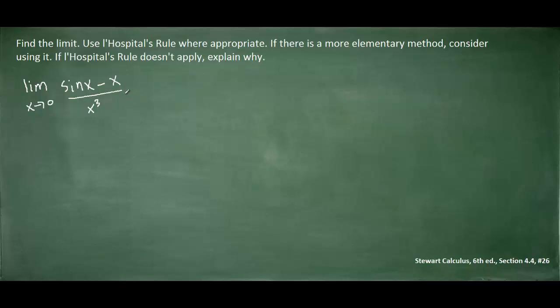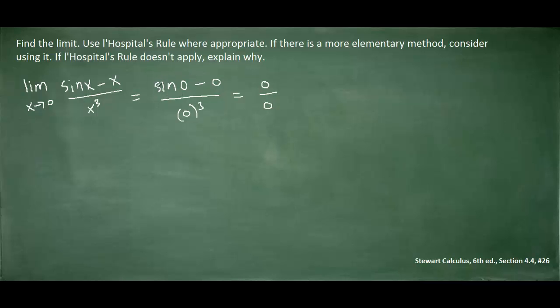In order to evaluate any limit, the simplest technique is to plug in the value that x is approaching. In this problem, x is approaching 0, so we can go ahead and plug 0 in for each of the x's present in the function. If we simplify this further, we're going to see that the limit is equal to 0 divided by 0, because